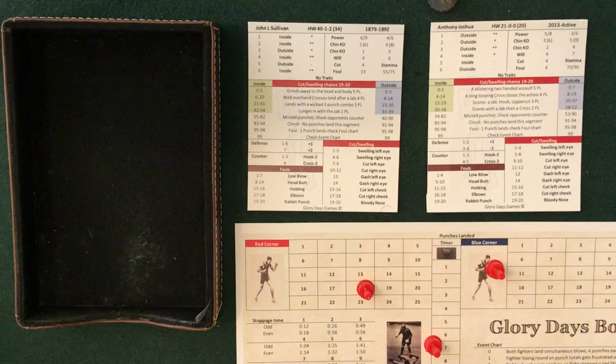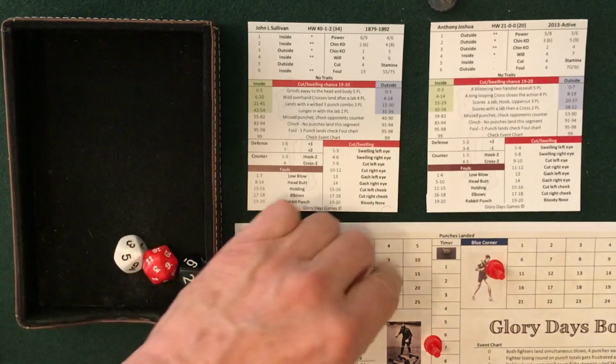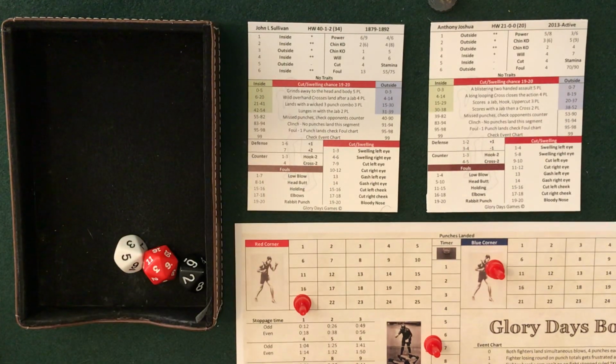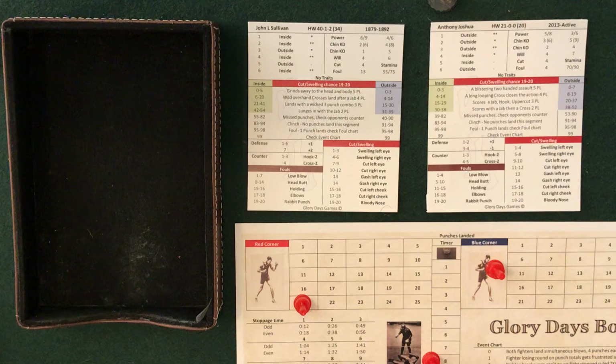Inside again, Sullivan with the advantage. Joshua on the defense. And he just cranks away. Sullivan, a wicked 3-punch combo again and possible knockdown. Joshua with the chin check, and he's okay again. He's taking some savage shots here, but Sullivan, and if he lands 4 more punches in this round, and actually, at this point,